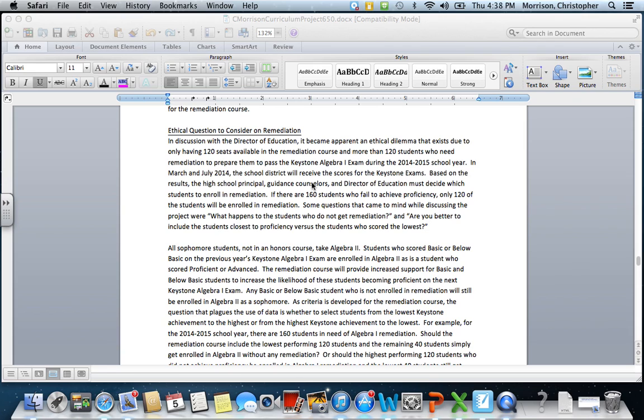You have students that missed the minimum score of 1,500 by 15 points, 20 points, and some as close as 4 points. These are the students that probably have the greatest chance to actually achieve proficiency. So should we take the top achieving students out of the basic and below basic categories and put them in the remediation course with the thought that these are the students that are going to push the school district closer